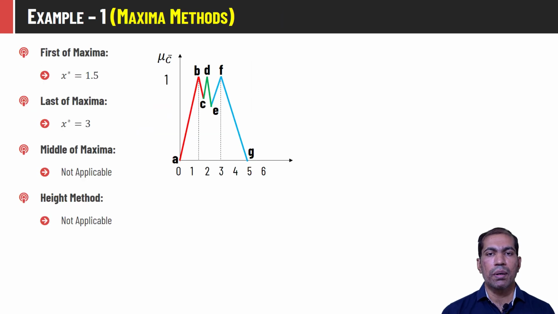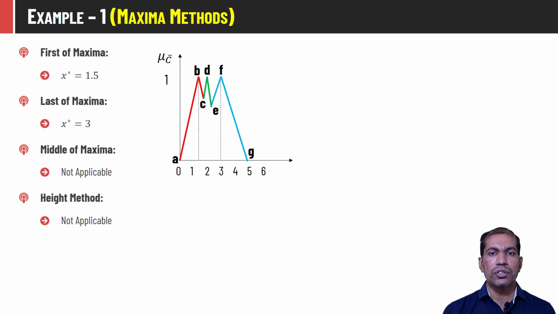The first of maxima method will return the minimum x whose membership value is the same as the height of the aggregated fuzzy output. So the height of this aggregated fuzzy output is 1, and the first minimum x whose membership value is the same as the height is 1.5, and hence the crisp value corresponding to the first of maxima method would be